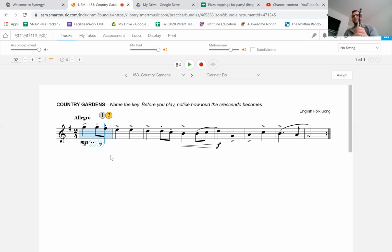Now, one of the tricky things here is starting on a high note on clarinet. And generally, young clarinet players, we tend to psych ourselves out. So we think a little bit too hard and we start squeezing the reed really tight. In order to get a high note to speak on the clarinet, you need a nice platform for the reed to sit on, right? So what we want to make sure we're doing is we're getting a nice flat chin. And then we're also making sure that our tongue is up in our mouth so we can get fast enough